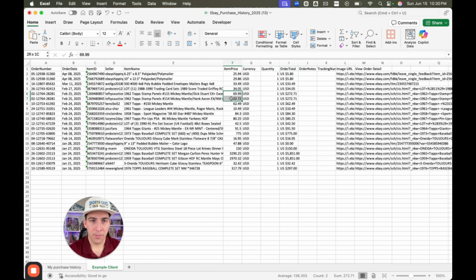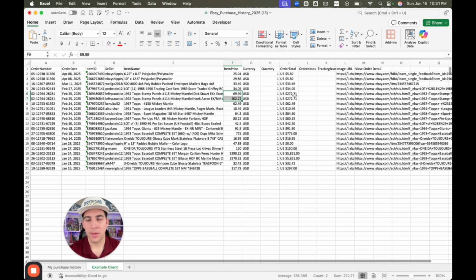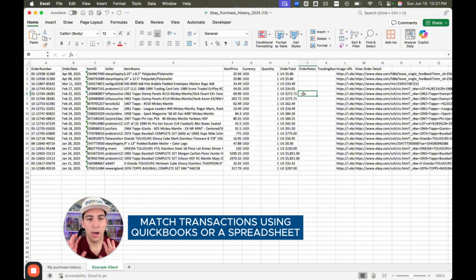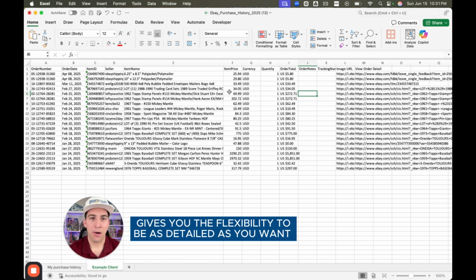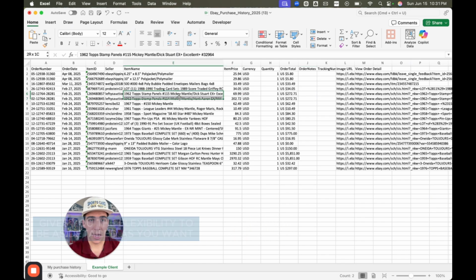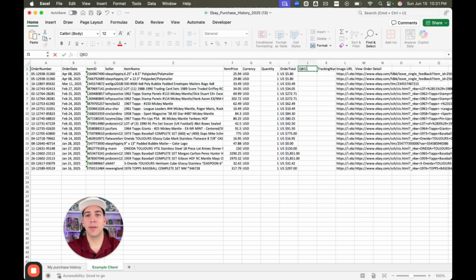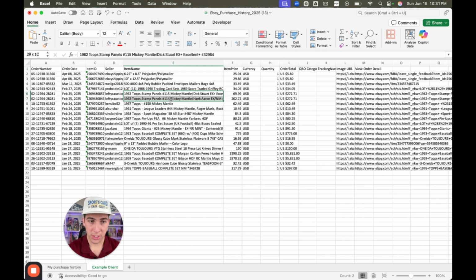Now, in this example, we have these two cards, 62 Topps, and the total of these two on the bottom, 272 and 272. So when you're looking at your credit card statement, if you're on QuickBooks or you do this as a spreadsheet or however, you now can be as detailed as you want. You can copy and paste this whole description here, or sometimes I'll do this, QBO category, because I use QuickBooks a lot. Now, if we can track this in a different spreadsheet, if you're tracking what your inventory purchases are,